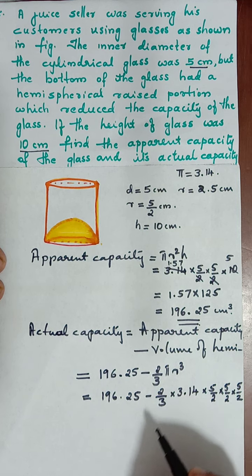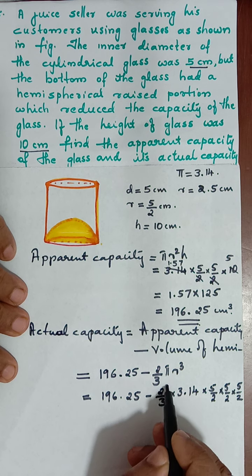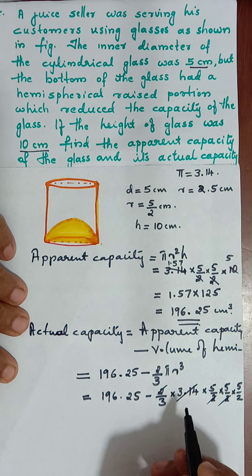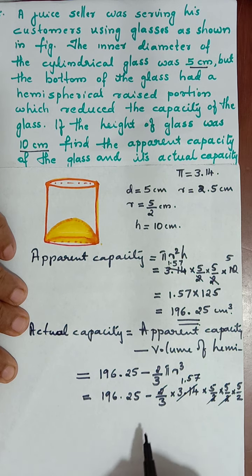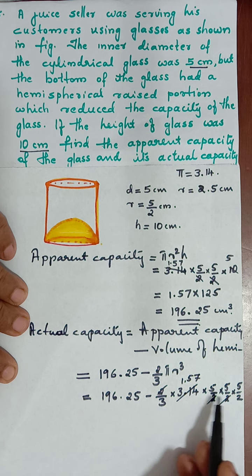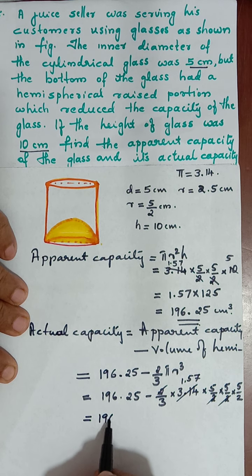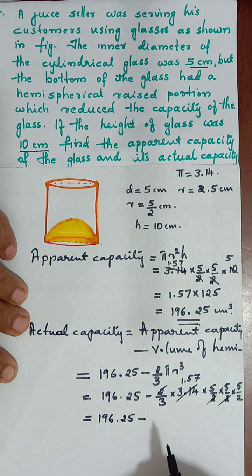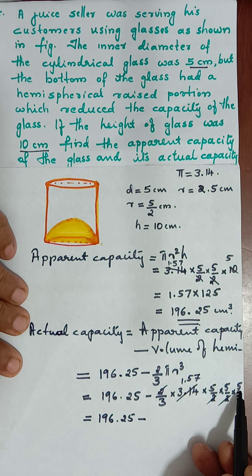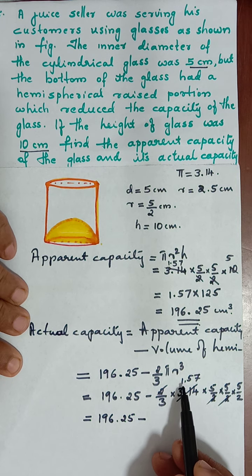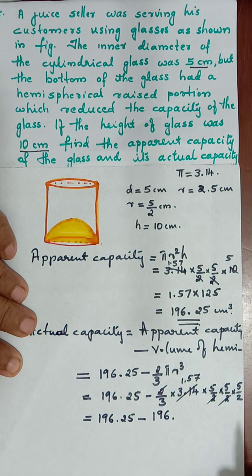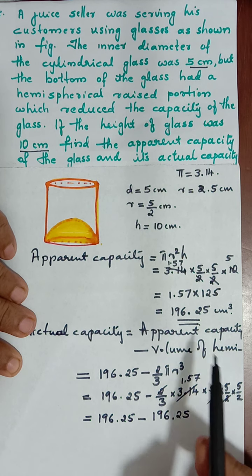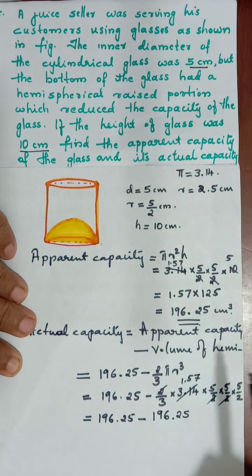So 3 times. Be careful. We can cancel this 2, again 1, 2 with this. Already we have cancelled, we have seen it is 1.57. Is there anything to cancel again? We won't be able to cancel again. So 196.25 minus, what do we get? We have to multiply 5 5s are 25 into 125. 125 into 1.57, multiply, we will be getting it as 196.25, already here we have multiplied.